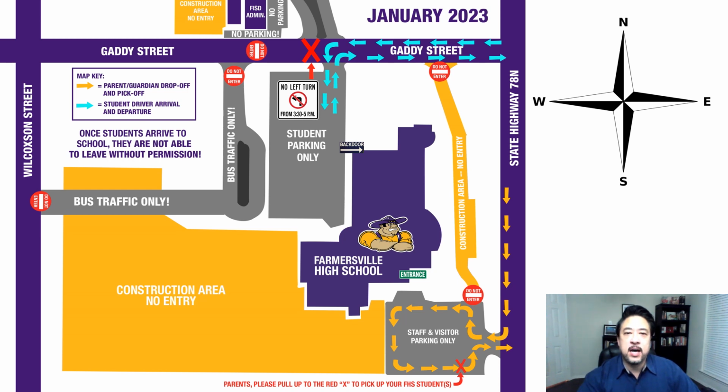Finally, the southern side of campus will now serve as the car loop for parent drop-off and pickup. This is in addition to serving as the staff and visitor parking lot. If everyone pulls all the way forward during after-school pickup, there is actually more room for more cars in this line than in the loop used during our first semester. However, keep in mind the following tips to make sure this more congested area is used safely and in consideration